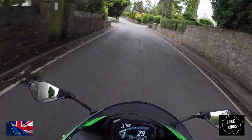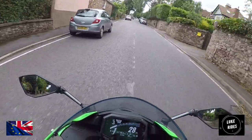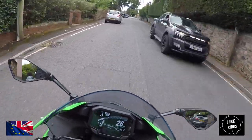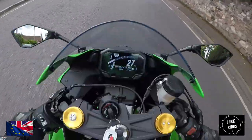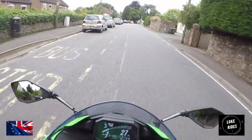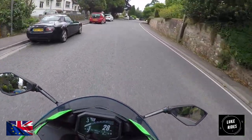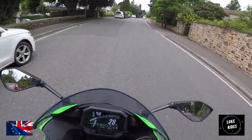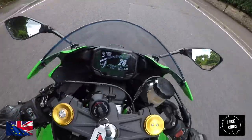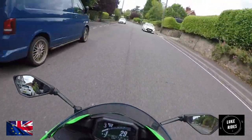The engine is a Kawasaki 636cc race engine. You have 122 horsepower standard, but with a full system and remapping the computer, there's more horsepower and torque to be found. A ZX-6R is quite fast. It is a missile on the road, and a missile in the corners, so you feel quite aggressive,